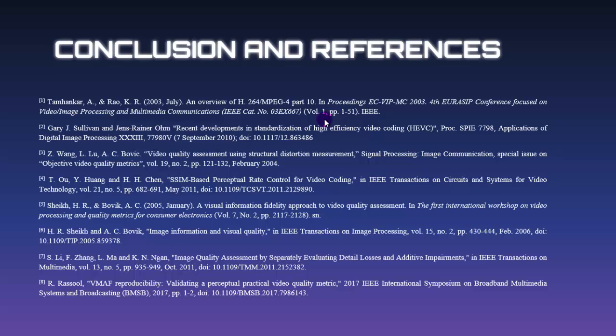Nonetheless, it's worth noting the high performance of H.265 in terms of the size of the video after compression, with a reduction of 62% compared to H.264 with only